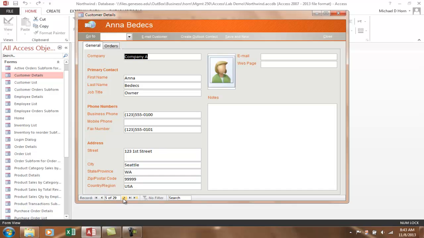The third reason why you use forms is that you can pull data in from multiple tables. And so again, it's a nice way to present the data or the information in a usable format on the screen for people to use and do whatever they want to do with. And that's that. All right. Now,